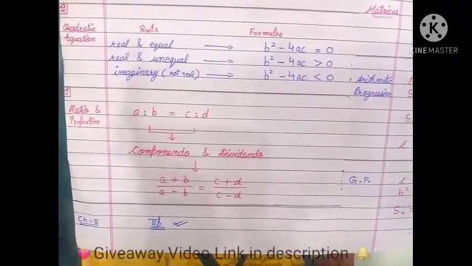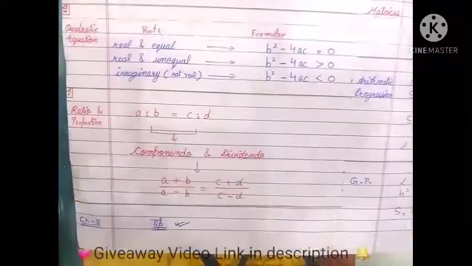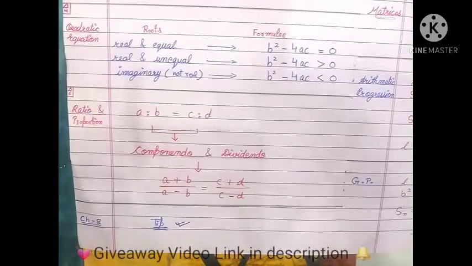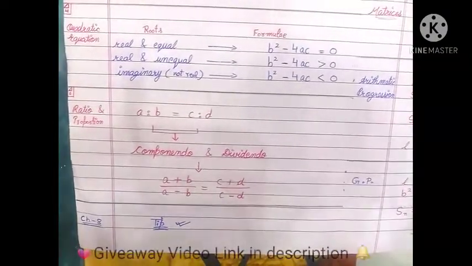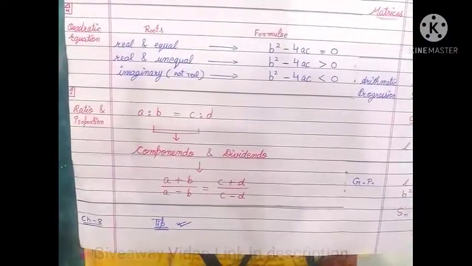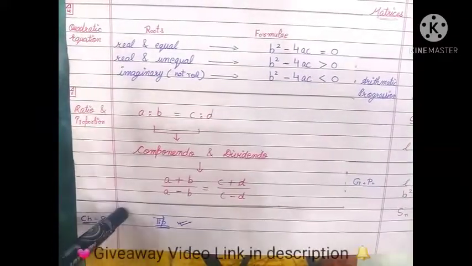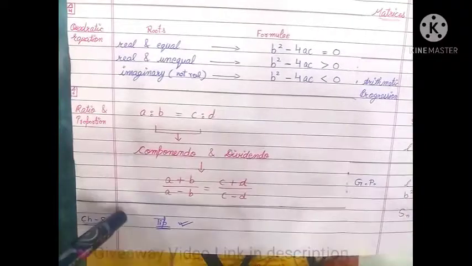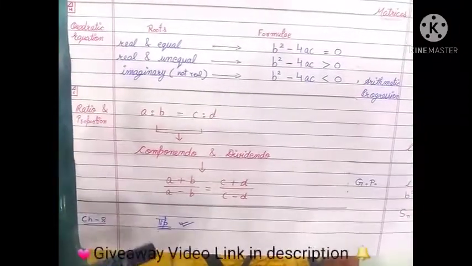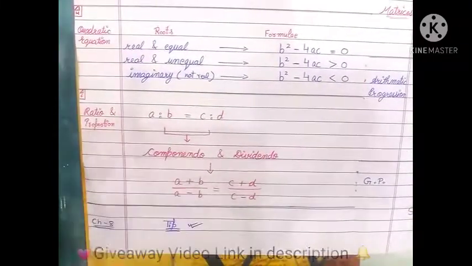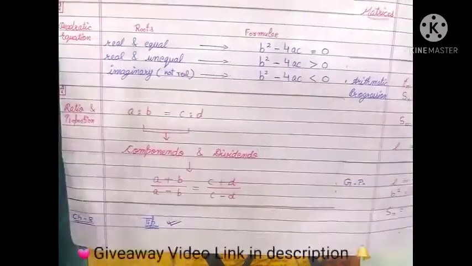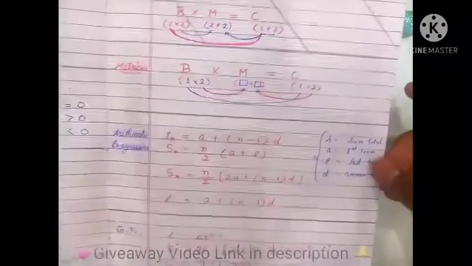So in chapter 8 there is a tip for you. Okay guys, in chapter 8, remainder and factor theorem, what is that tip? You know that equations are given. Let's say the equation is 2x plus 3. So what to do with that equation? Simply equate that equation with 0. Just put 2x plus 3 is equals to 0. Then solve the sum, you will get the value of x. This is a very important tip for chapter 8. Children make mistakes in those kind of particular sums very often.